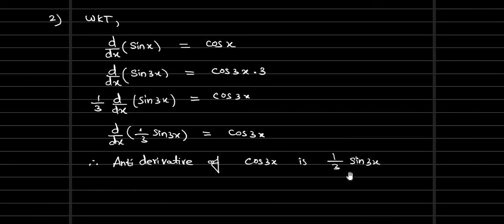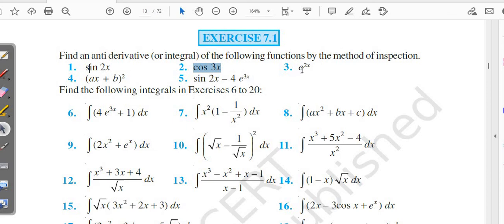So the third sum, let's have a look. What is the given question? E power 2x. Okay, we have an exponential function. See, in differentiation, based on the exponential function, we have only one formula, right? E power x differentiation. Okay, so basically what we have to find out is which function's differentiation will give e power 2x. So we need to find out what comes here. So that is the antiderivative of e power 2x. So we need to find out this one now.